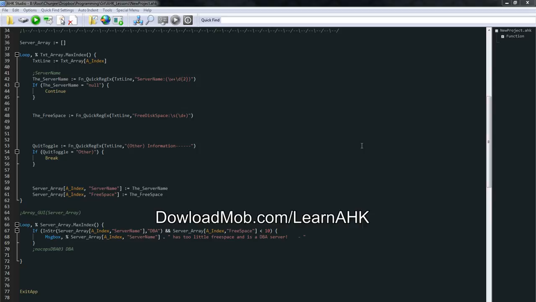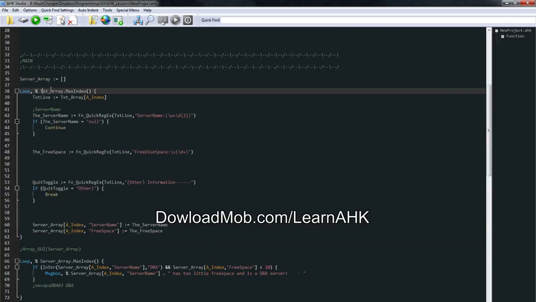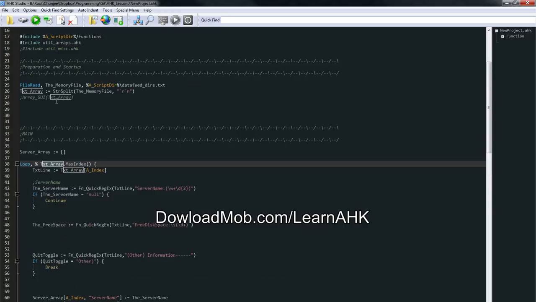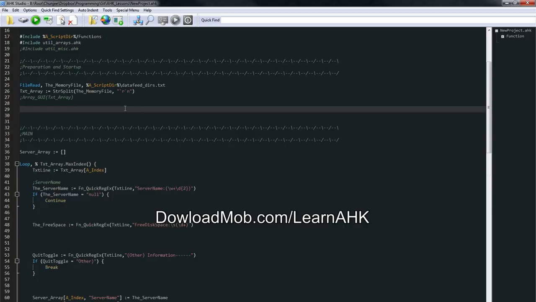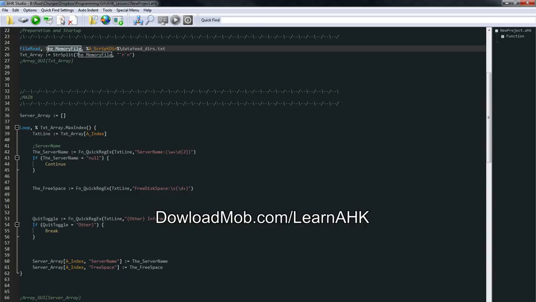I know that was a long lesson, but if you can master this, then you can start sorting through data. And actually, before we go, one thing I wanted to mention: that text array was pretty big, right? That text file was probably big in our imaginary world. It was 200 lines long. We don't want to just be hanging on to that array forever, right? So when we're done with this memory file,